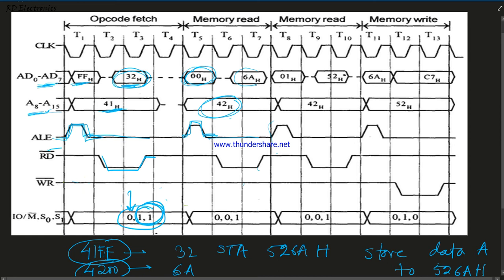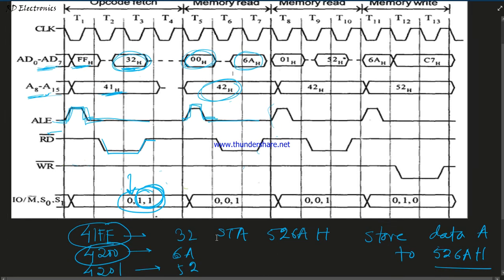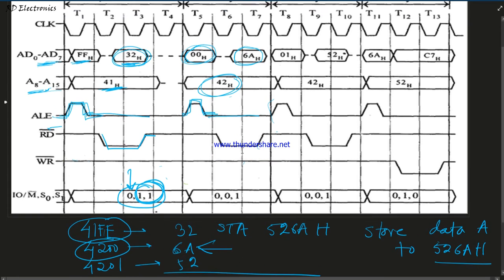So what is the content stored in the 4200? The content of 4200 is 6A. Now again this is a read operation, because this 6A is stored in the memory, so it is read from the memory and comes to the 8085 to understand the